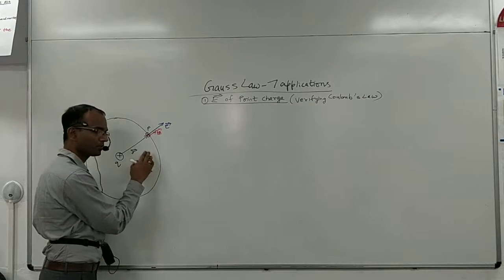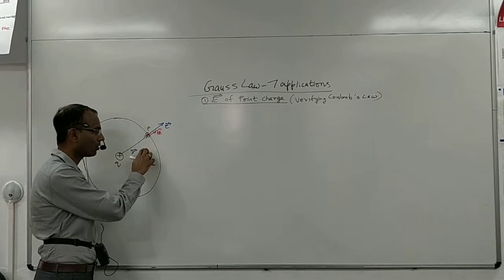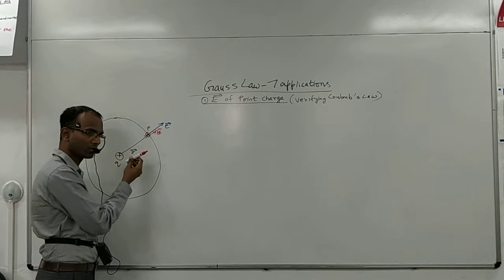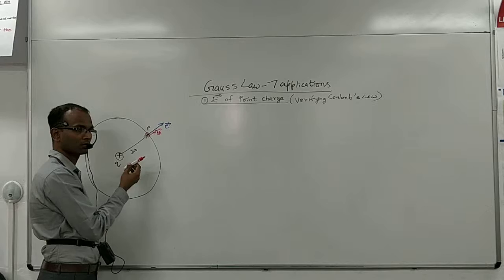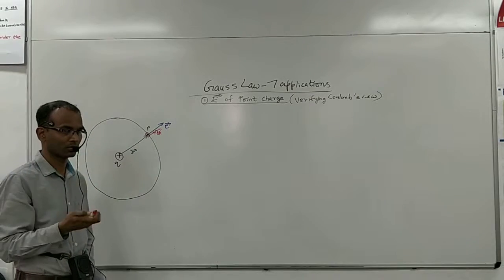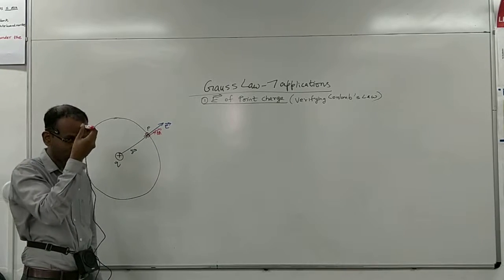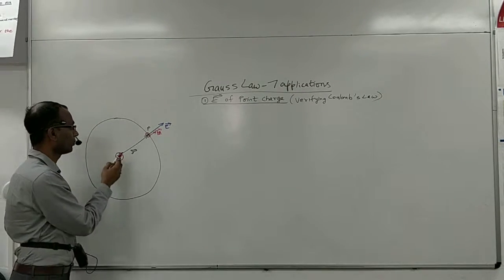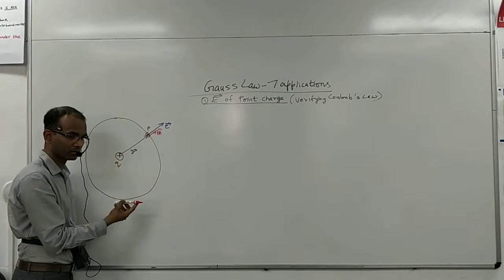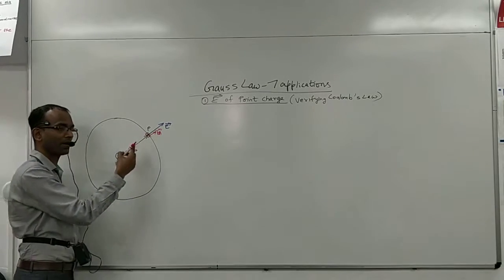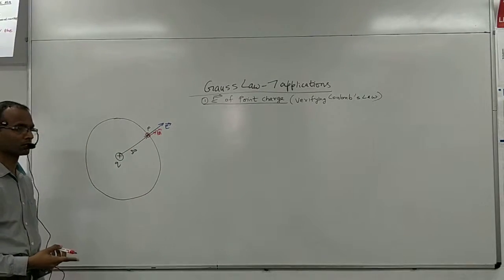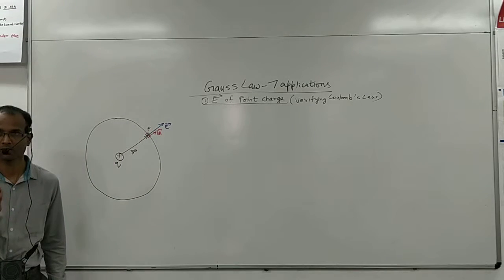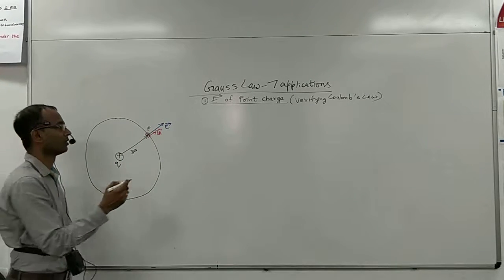If you take any small area on the surface, the area vector is perpendicular to the surface. Imagine my hand is the sphere. The area vector is here. It's perpendicular to the surface. So the position vector is also perpendicular to the surface, which means they are parallel to each other. Now the flux through each small area element which I take is given by,